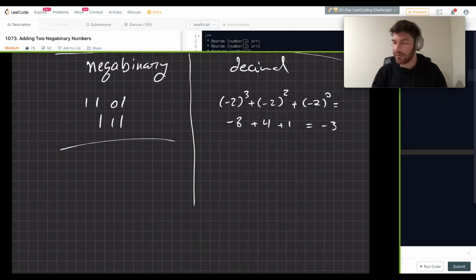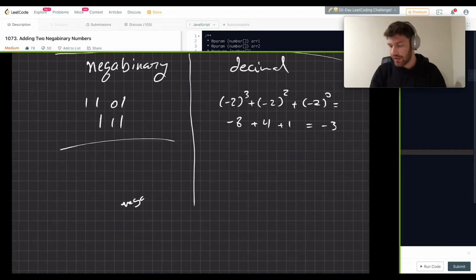What we used to do in binary is take the 2 in decimal and see how it is written in binary. So in binary, 2 is written as 1, 0. And what we used to do is drop the 0 to the answer and carry the 1 to the next answer. But